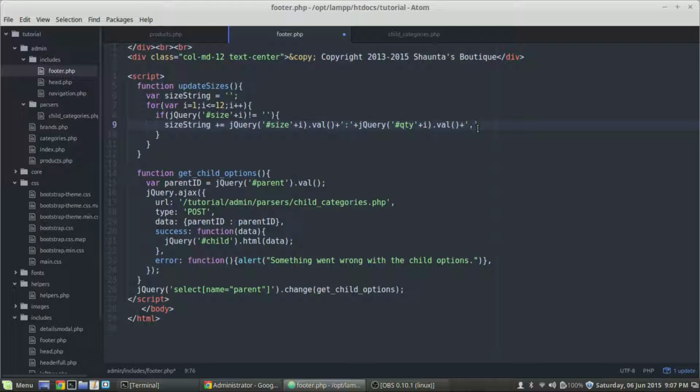Actually, let's not do that. Let's not put the comma on that. Let's do that outside of this. Let's do another if statement here, and actually, sorry, we are going to go ahead and put that comma on there. We can trim that off in PHP. Okay, so that's it. After we do this for loop here and it runs, we're going to have the size